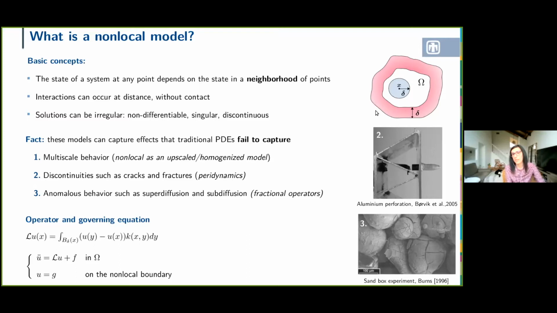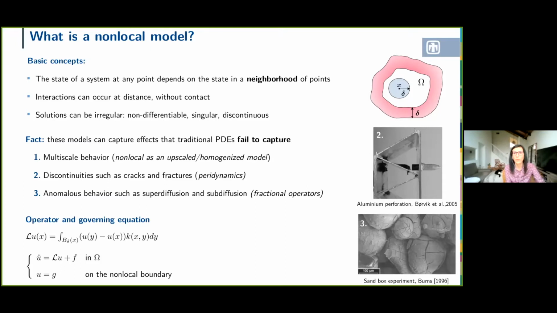So the fact that every point interacts with the neighborhood means that when we want to solve a non-local problem in a bounded domain and we get to the boundary, this property holds true. And so we need information outside of the domain to have a unique solution. And so we need volume constraints or non-local boundary conditions in the layer of thickness delta surrounding the domain to